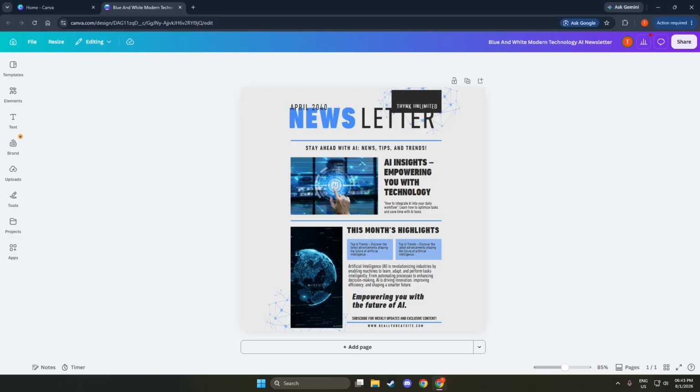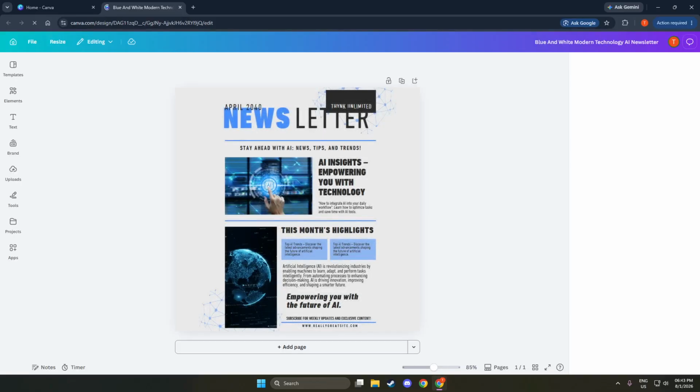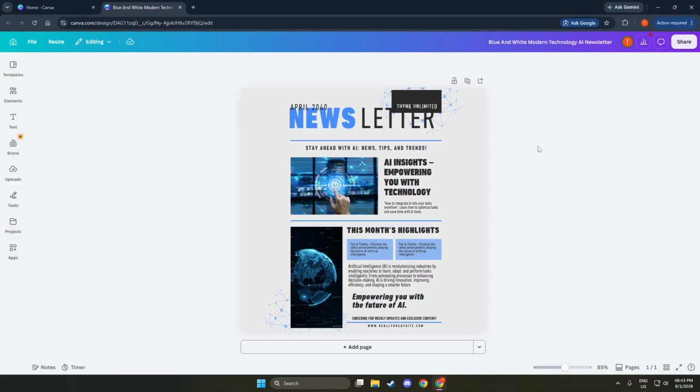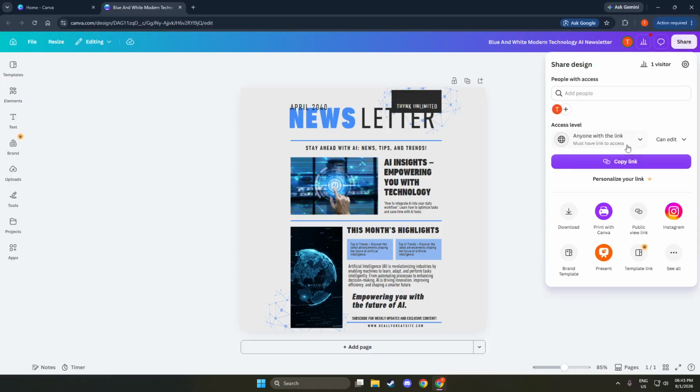Once the page has fully reloaded, give it a second to finish, especially if your internet is slow or your design has many images. Once that is done, try printing again. Look at the top right of the Canva screen where your usual options appear and use the same print option you tried before. When the print window opens, check that your printer is listed and that a preview of your design appears. If it was a temporary issue, your design should now send to the printer without an error.